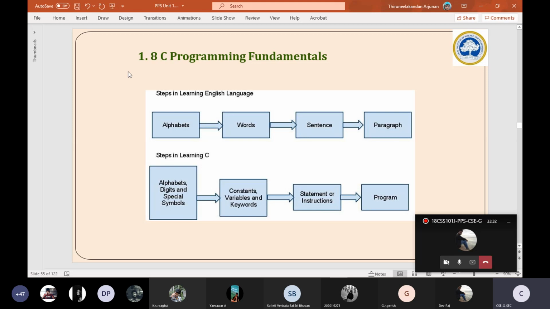Assume that we are trying to learn a new natural language, which a human speaks. To begin with, what a human will do is try to understand all the vowels present in the language. Like this, what are all the vowels? There are 12 or 13 vowels available.